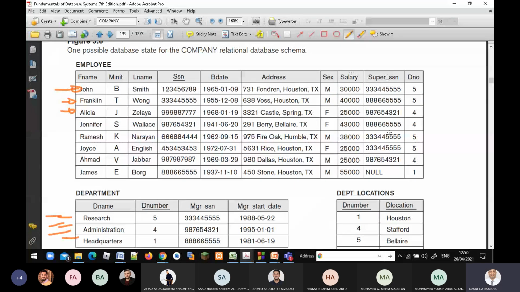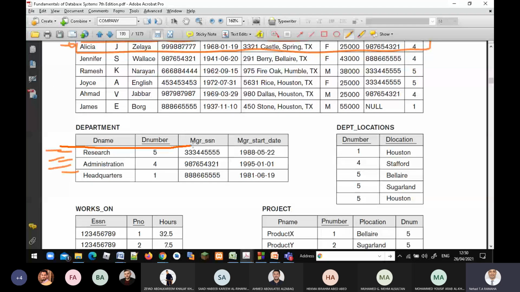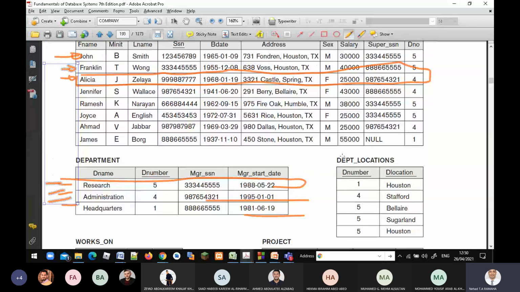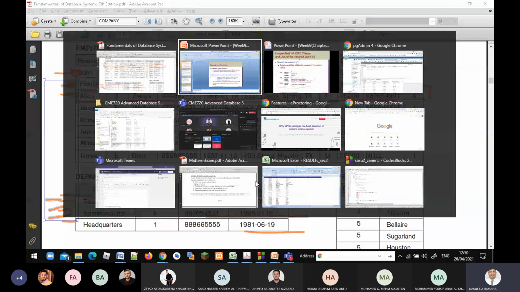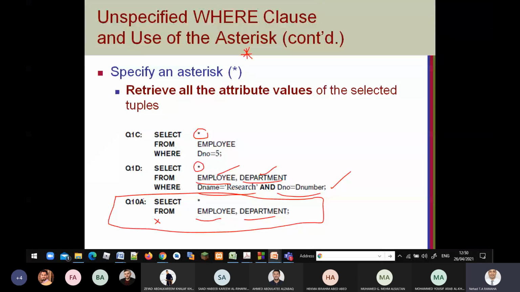It doesn't matter if he is connected to the department or not, because I did not put a where clause. Take all the information for Alisa, because we used star, with all the information of the research department, of the administration department, and of the headquarters department. So repeat all the rows here with all the rows here, a Cartesian product, because we don't have a where clause.